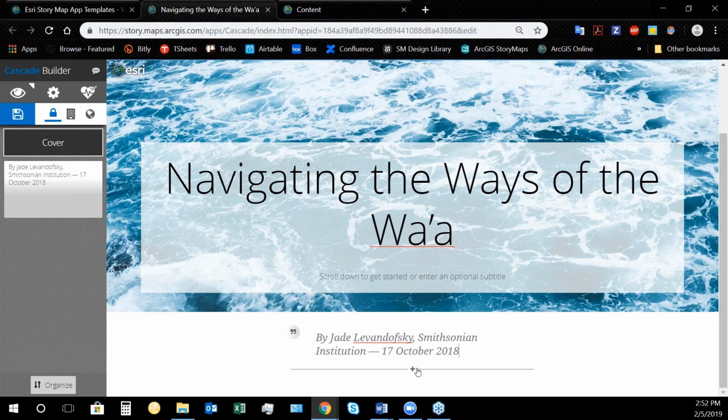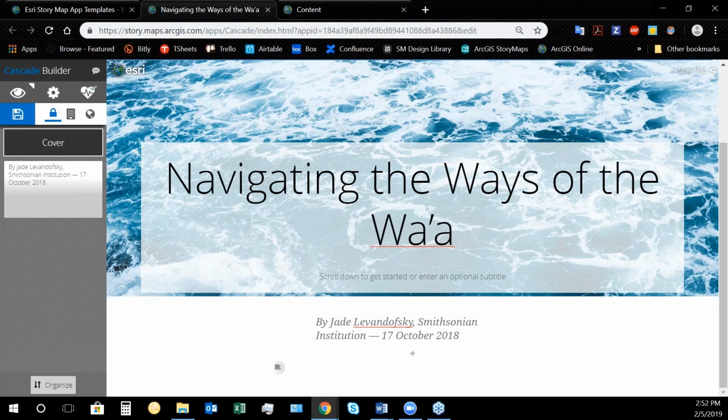To add additional sections, you'll see that this little plus sign appears. And when I click on that, it's going to give me options for the general components of what goes into the story map Cascade. Alan mentioned that there's a distinction between a narrative section and an immersive section. I'll get to the immersive section in a second, but for right now, all you need to know really is that in a narrative section, you're going to essentially be adding in text and media for the most part.